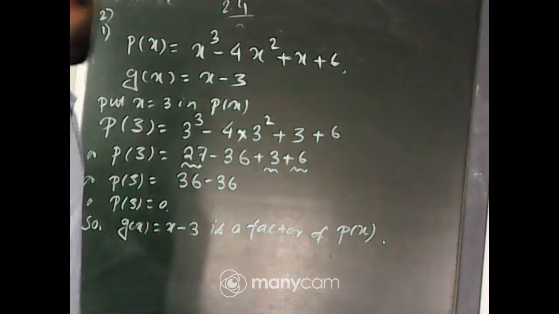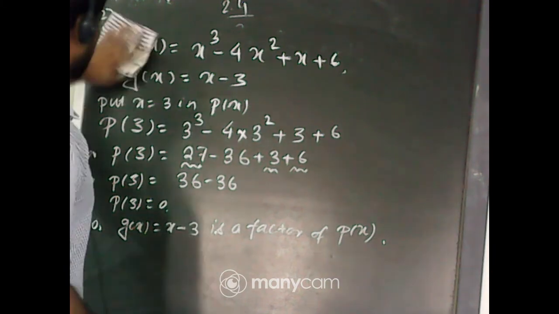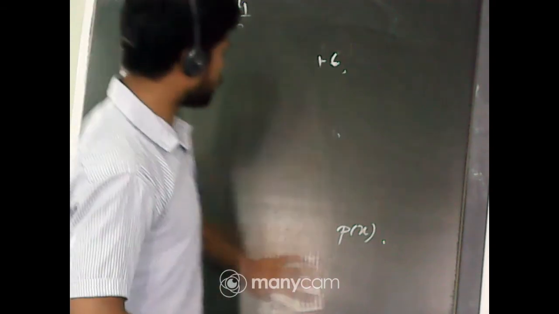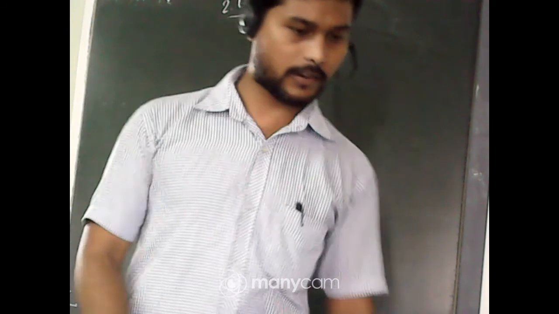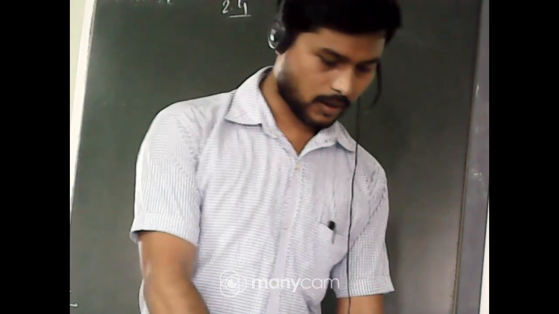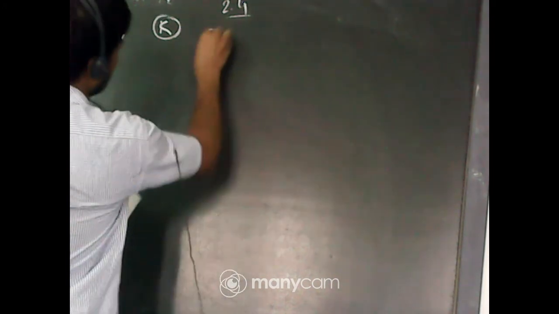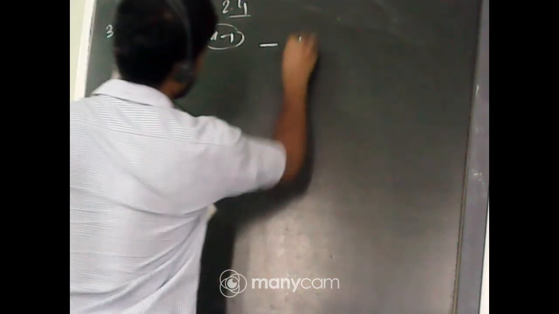Yes sir. Okay, now students, in class 8 we have learned how to factor a quadratic equation in one variable by middle term factors. Sorry, before middle term factor there is another question. Question number 3. Find the value of k if x minus 1 is a factor of p of x.